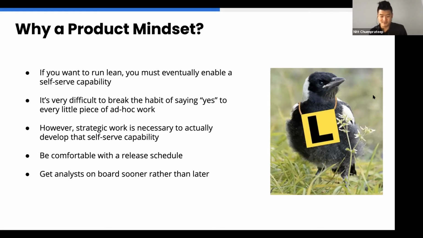We've done it for changes to Looker, and we're not quite there yet for changes to DBT, being completely honest, but we're going to get there, right? And in my book, you need to be able to get analysts on board with this sooner rather than later, right? I think a lot of times data analysts in general aren't quite as used to this way of working. I think a lot of times because of that, they want to help out as much as they can, because I know I'm that kind of person.